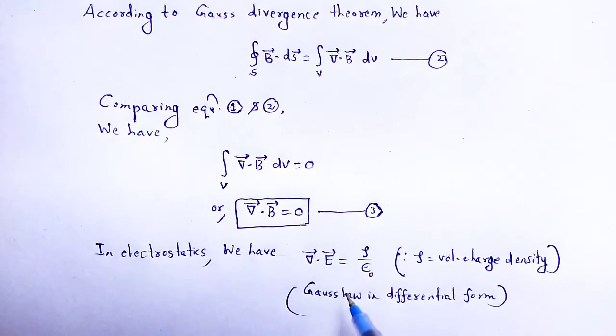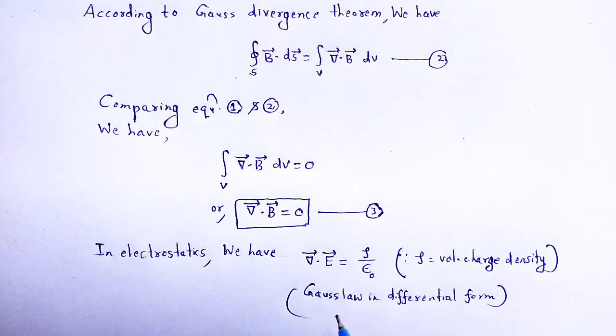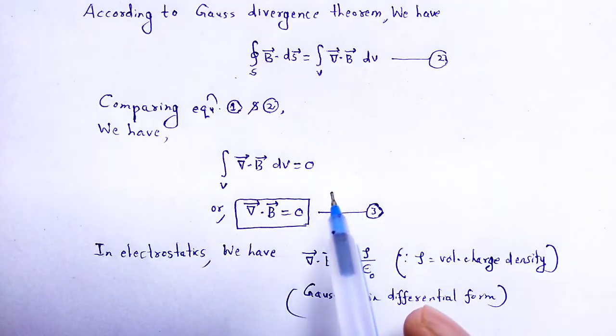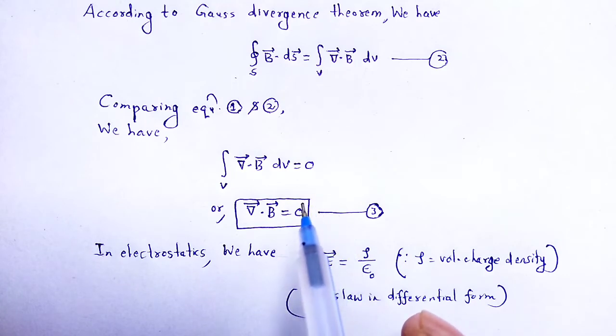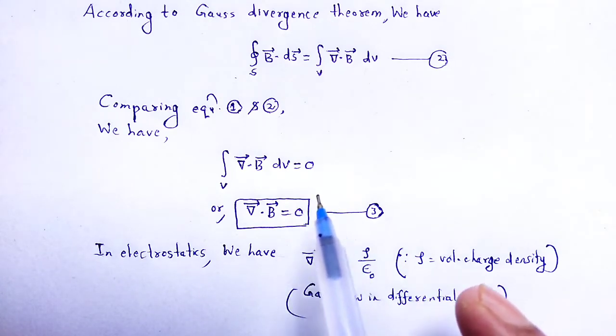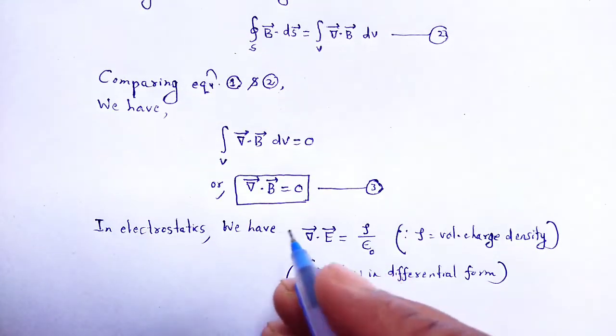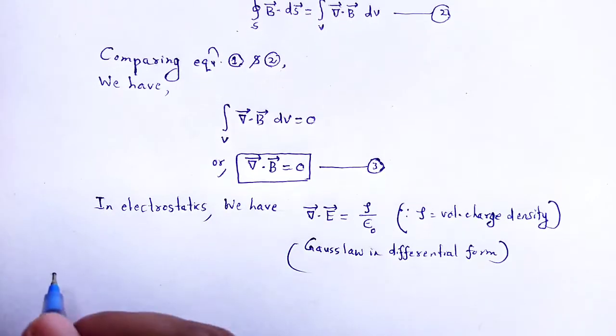From this law, we conclude that for the production of electric field, the charge is responsible, means monopole of charge is possible. But here the divergence of that magnetic field is equal to 0, that indicates mono charge or monopole of magnet is not possible. So the physical significance of that expression